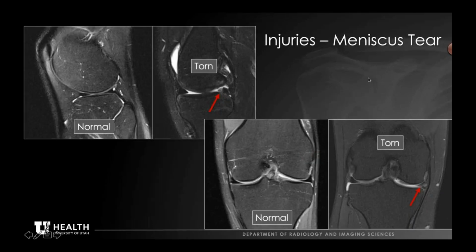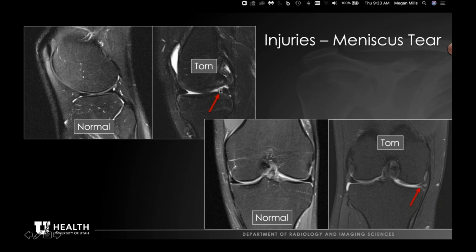Here's a couple other examples of meniscus tear. So meniscus can have different appearance. The normal meniscus should always look the same, but the abnormal meniscus can have some different kind of appearances or presentation. So remember, nice sharp triangles. This is our lateral meniscus, so it's a little bit smaller in size. If we compare that to this case of a torn meniscus, this triangle is a little blunted, not too bad,